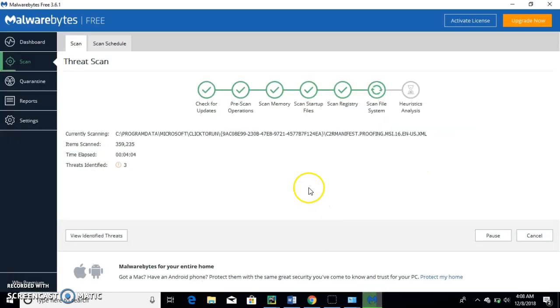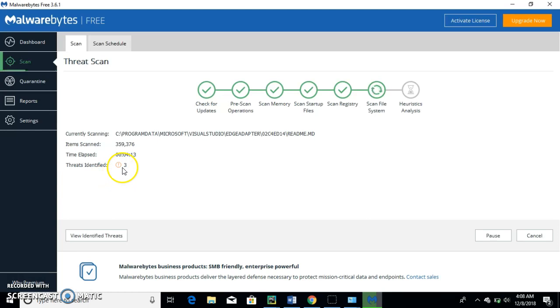So as we can see, Malwarebytes is still scanning, but we can see the number of threats identified. So after it finishes, it gives you options to quarantine. I hope this video